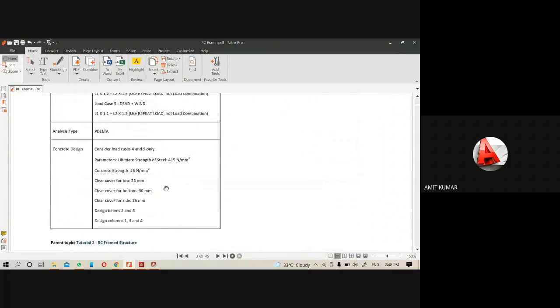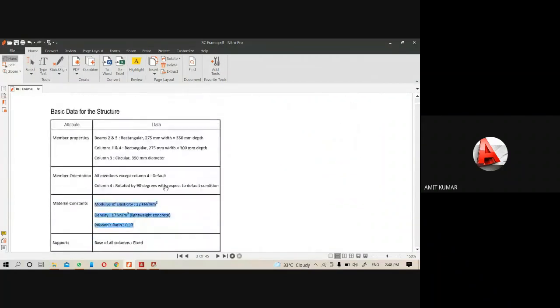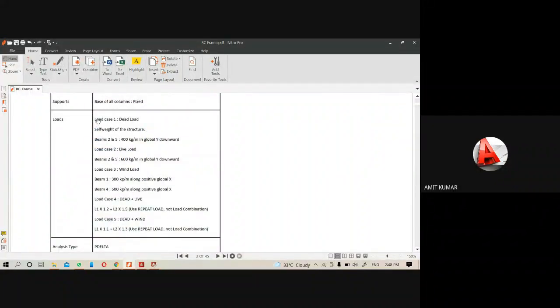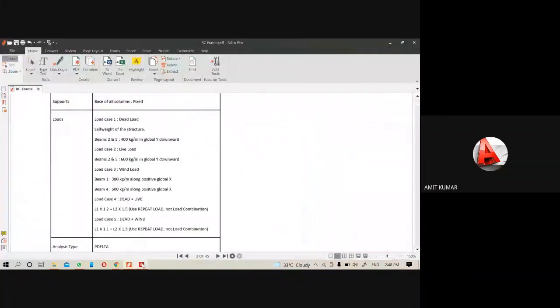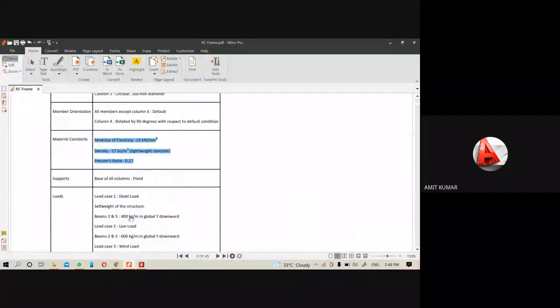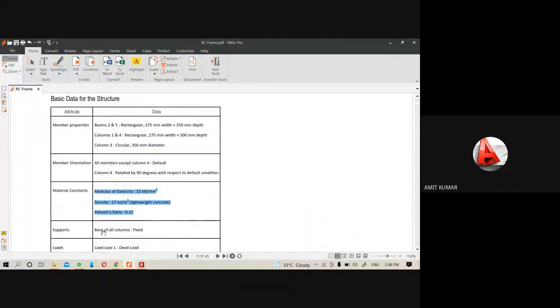Now come to the next point. The next thing is your loading. So I will close it without changing these values and go to the loading. Before the loading, we have to apply the support also, and here the support is fixed support at the base of all columns.